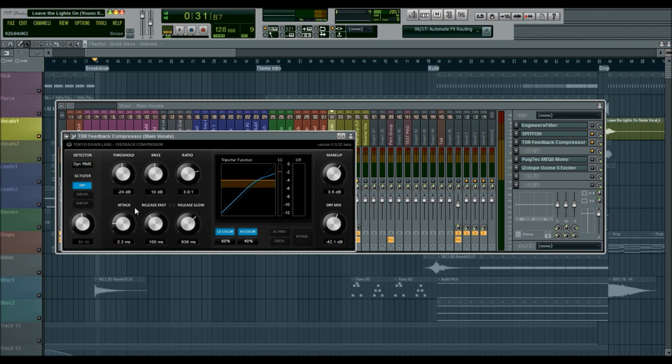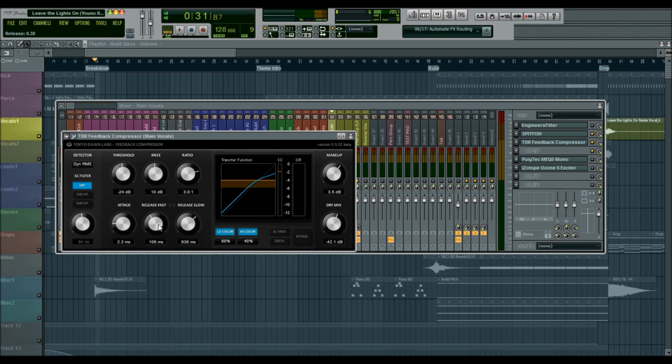For this one, I didn't want it to be very punchy or sudden. I just wanted it to kind of be constant, so I had a sort of medium fast release and a fast-ish attack. But the release slow, which reacts more to constant levels above the threshold, I set to more of a tamer level.